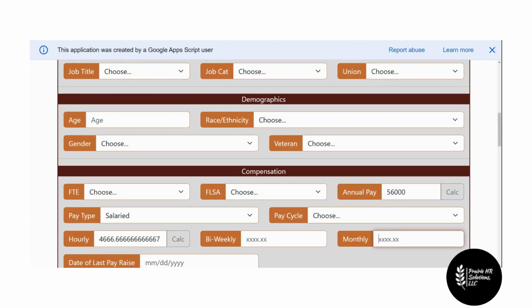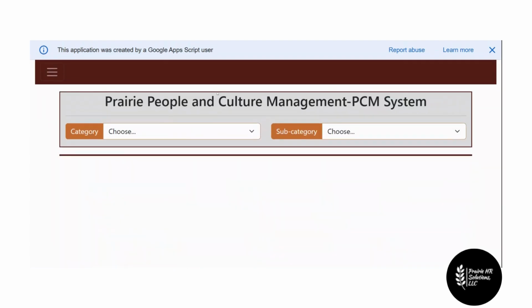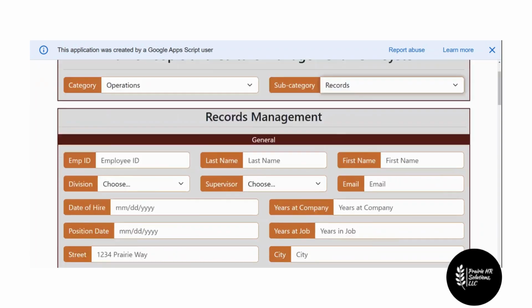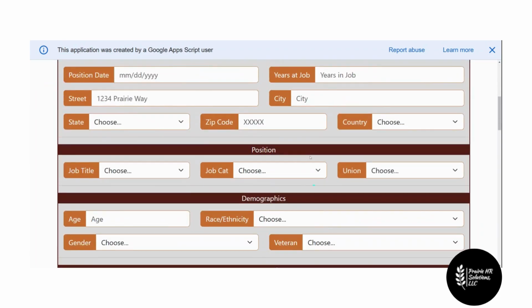So toFixed controls the decimal points and how far you want to take them out. If you want 2 decimal places, then you do dot toFixed 2. If you wanted 3, then 3, and so on. So let's